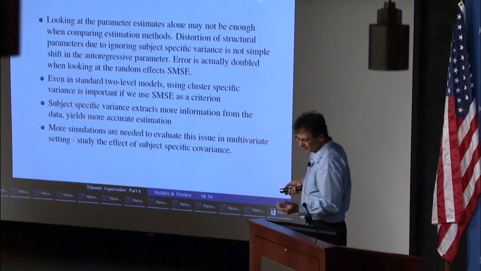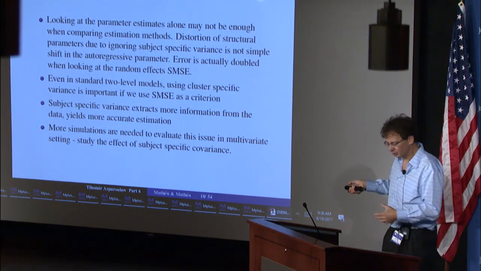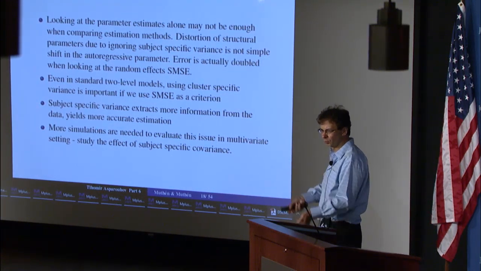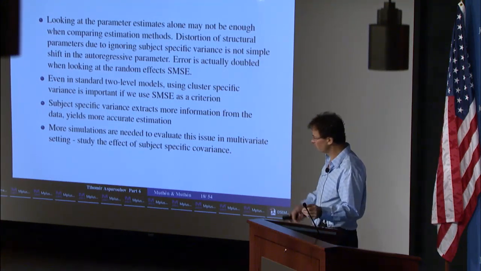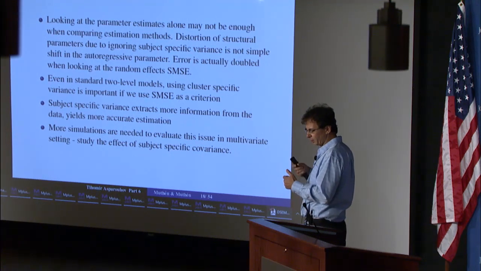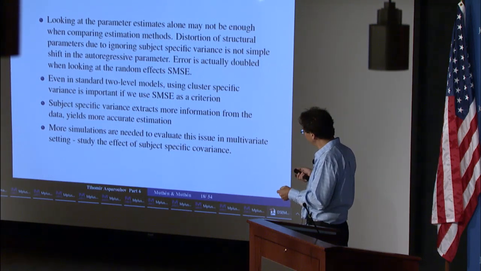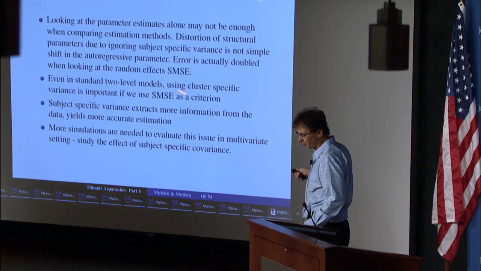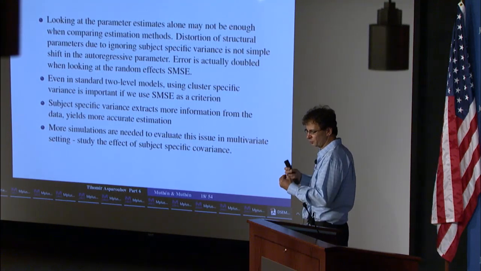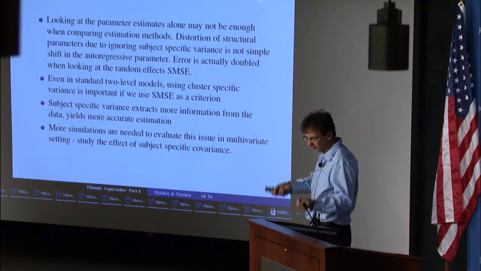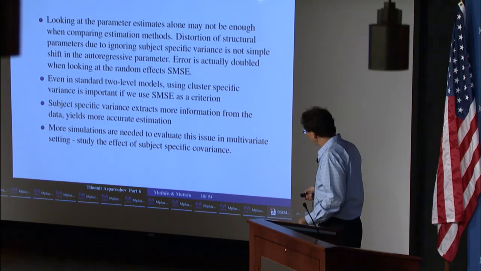The one thing after I did that Monte Carlo simulation, then I actually did that also in two-level models. So again, in standard two-level models that are not dynamic models, you don't have that issue when you look at the structural parameters. However, if you look at the mean squared error as the way to judge the estimation, then you can see that even in standard two-level models. And the reason,